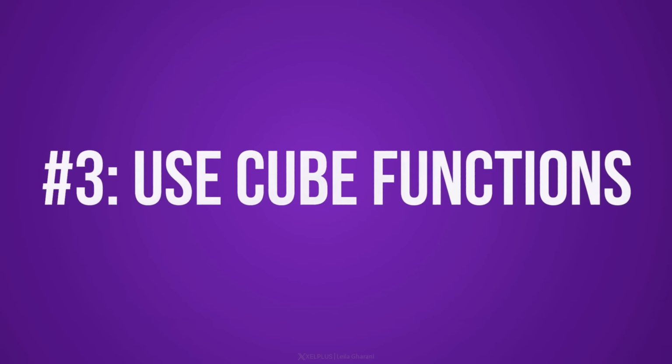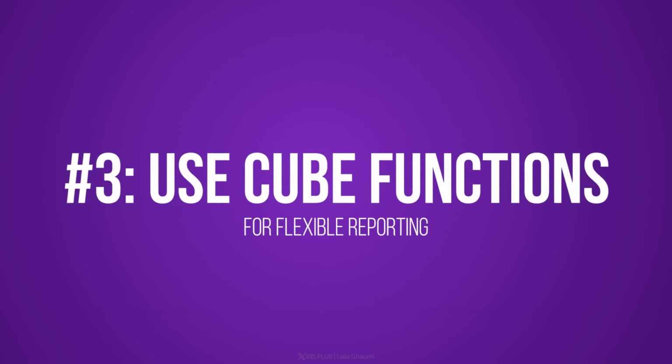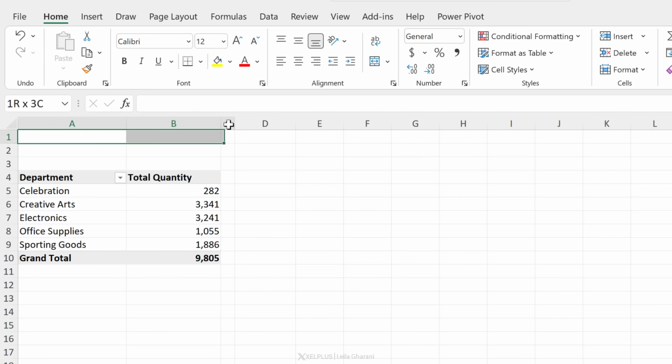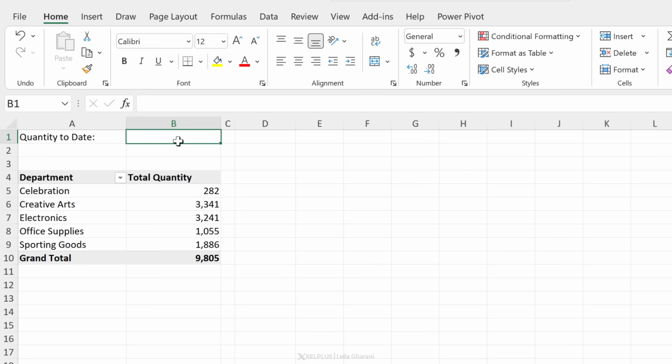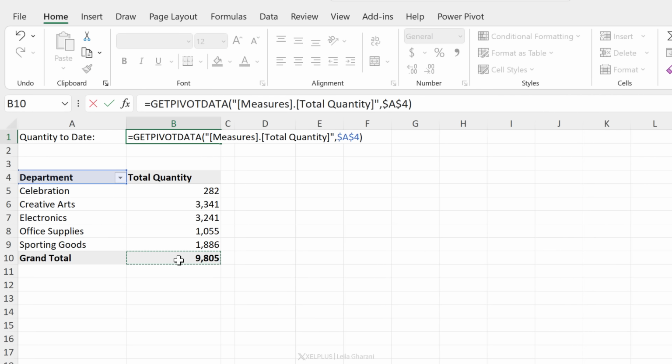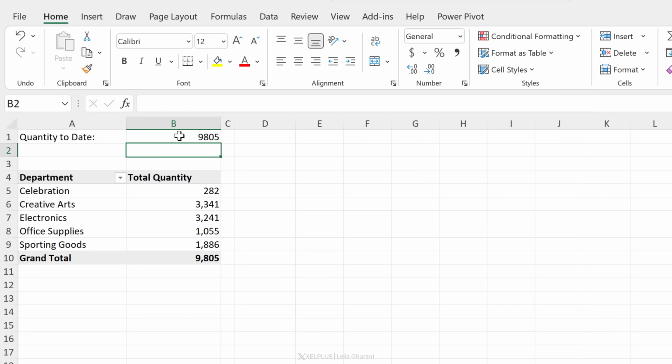Tip number 3, use cube functions for flexible reporting. Let's say I want to add a header here that says quantity to date, and right here, I want to see the quantity value. Now, all my data is in the data model. What I want to see here is basically this. I just want to reference the grand total cell in here. Now, by default, I get this GETPIVOTDATA function, which can be great because if my pivot table happens